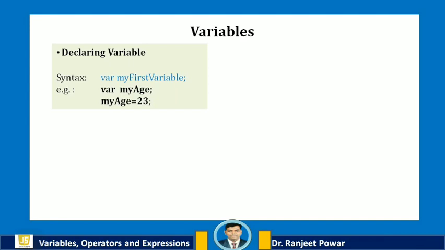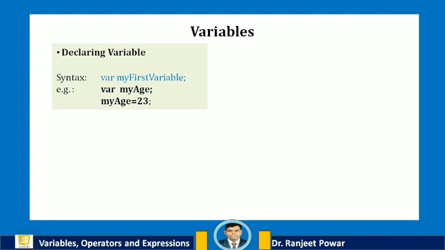Variables in a JavaScript program must be declared before using them. Before you can use a variable, you should declare it using the var keyword. A semicolon at the end of a line is used to indicate to JavaScript the end of a statement. Once declared, you can use the variable to store any type of value.